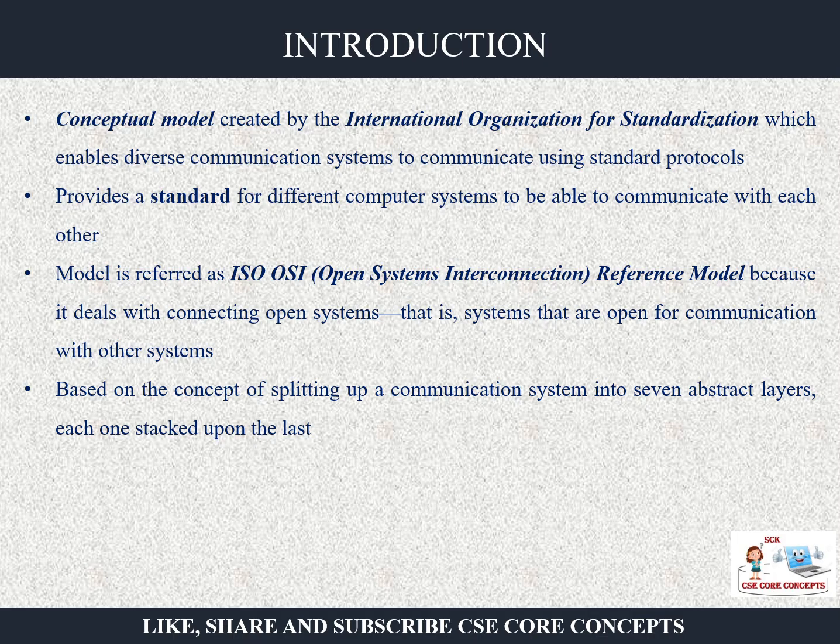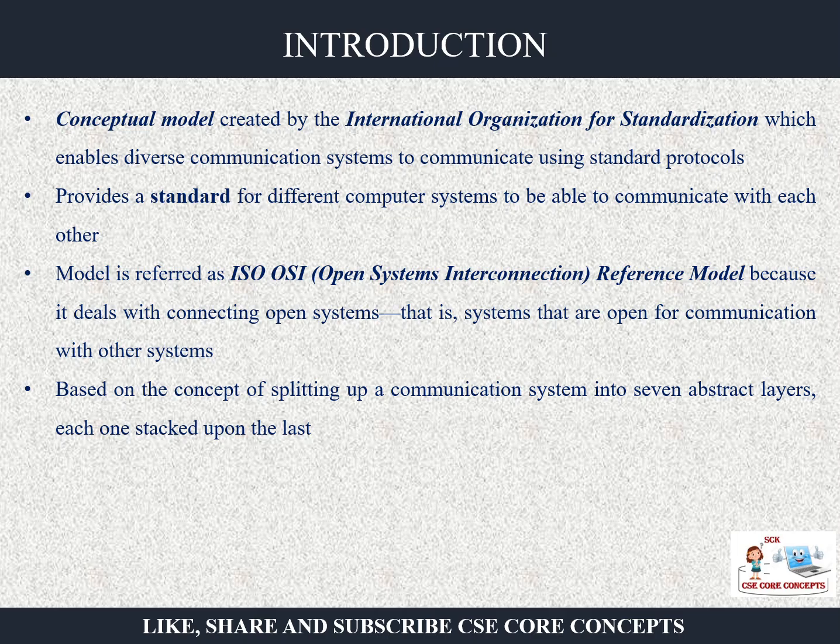Now, what do we mean by the term open system here? Open systems are the systems which are ready to communicate with other systems. They are called open networks. What is a closed network? They do not communicate with other networks, they are closed. And open system interconnection means those networks which are ready to communicate with other networks.